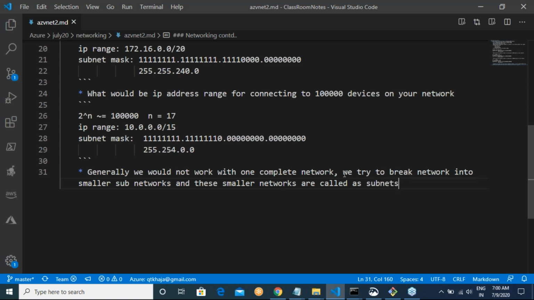Am I clear on this? So generally, if you have a huge network, you will not take one huge network and connect it to all. You can do that, but the whole idea is generally we break it down into multiple smaller networks. Individual smaller networks are something which we call subnets. Am I clear on this so far?